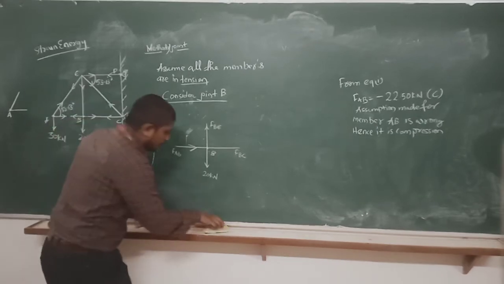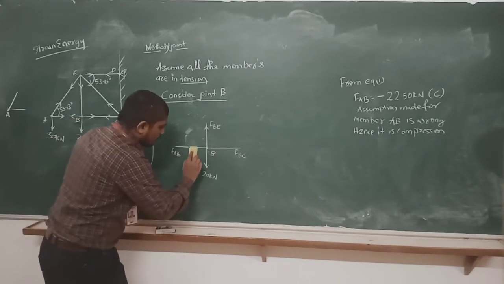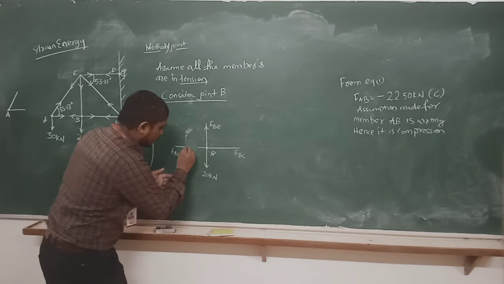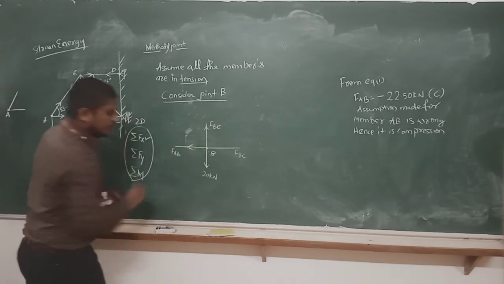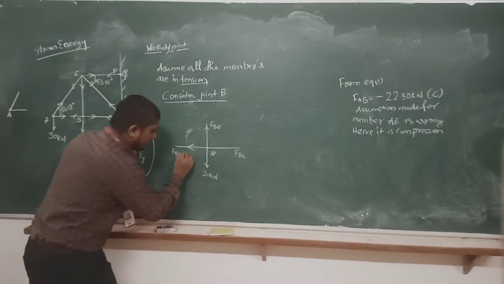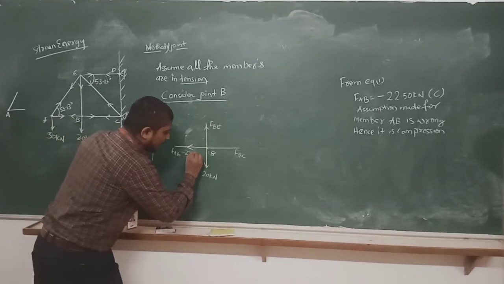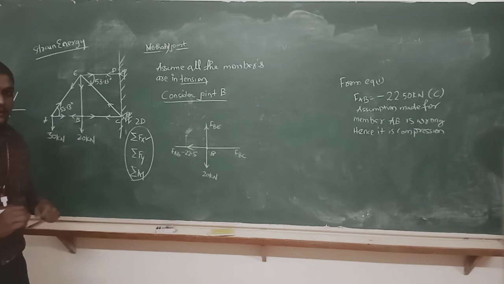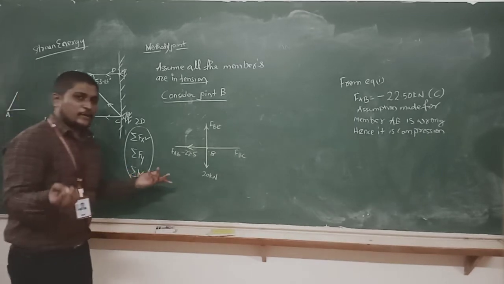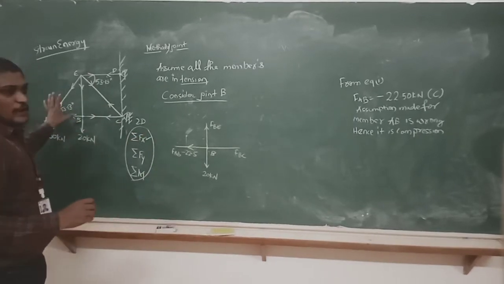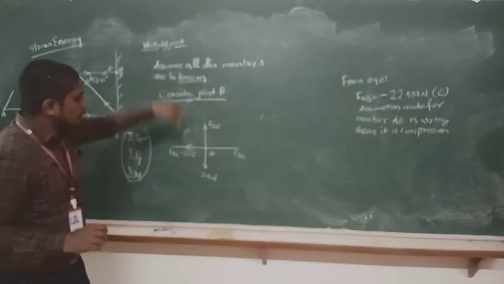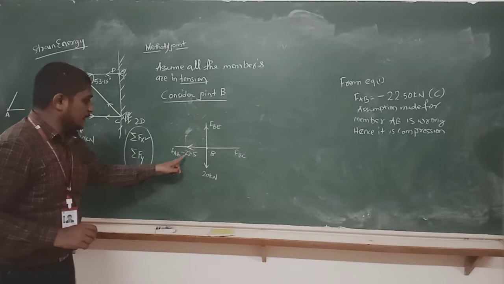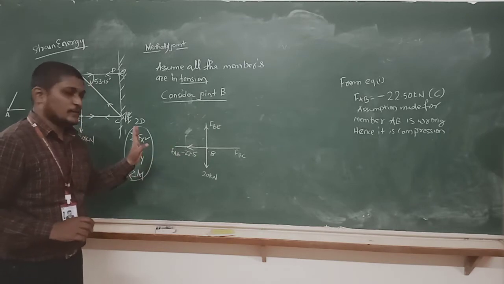One thing, if you get confused now after getting the solution: you keep whatever it is here like this, but while writing you have to write it with minus 22.57. Anything you can do. You keep your own assumption from the first step, but you have to keep whatever values you are getting. Minus means minus, you have to keep the direction you are keeping like this.